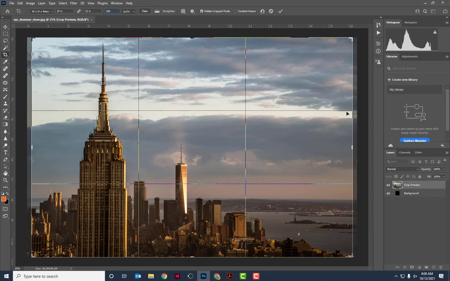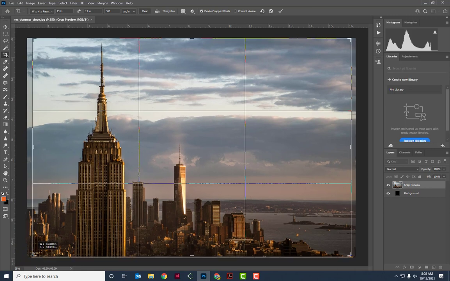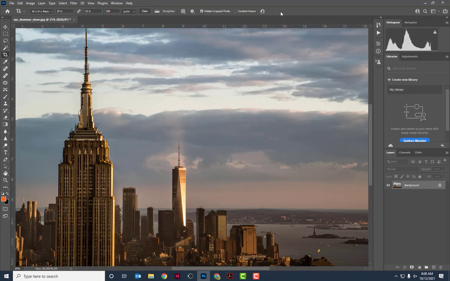Now in this picture, the ratio is almost the same as what I'm looking for here, but I got a little bit extra here and here, so that's okay. I'm fine either side. You can still move it left and right, whatever. Just get it set. If you wanted to, also depending on your picture, you could bring it down a little bit too, or whatever. So I'm going to leave it alone, just like where it is here. Okay, and I'll hit this check right here, or enter on my keyboard,